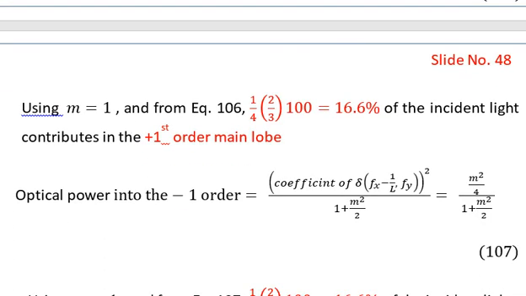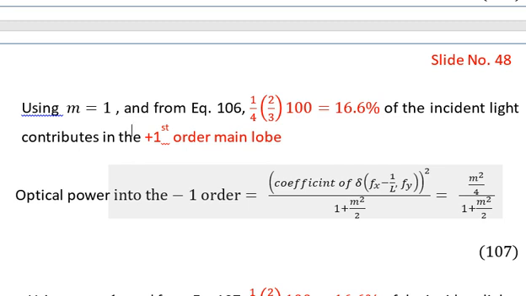Again using m equal to 1, from equation 106 we have 1 over 4 multiplied by 2 over 3 multiplied by 100, which gives you 16.6% of the incident light contributing to the plus 1st order in comparison with the main lobe. So in the first lobe, in comparison with the zeroth order lobe, the power that will go into the first lobe is equal to 16.6%. Similarly, the optical power going into the minus 1 order is equal to the coefficient of